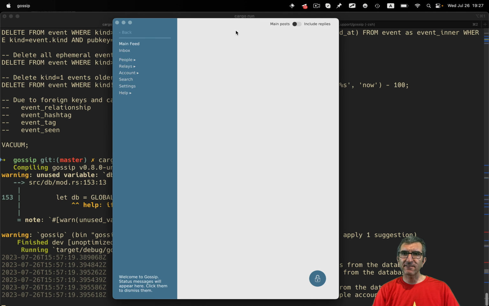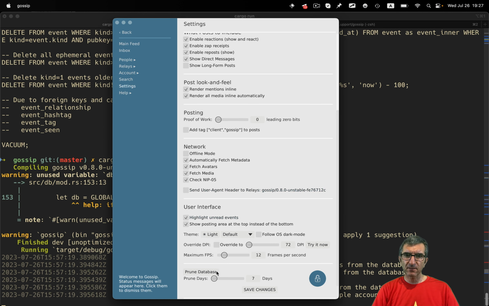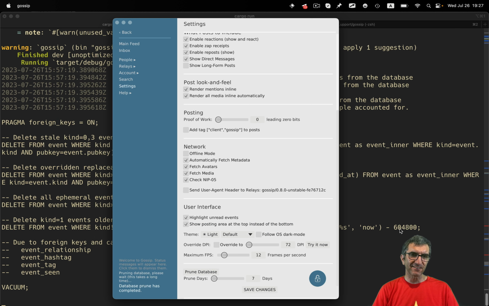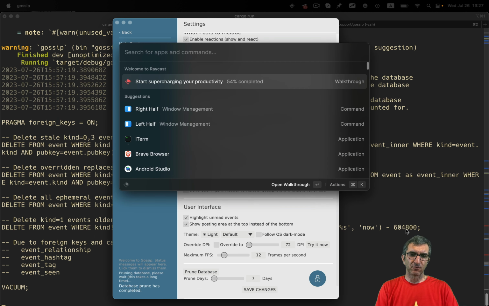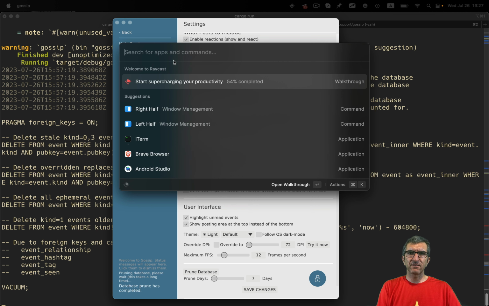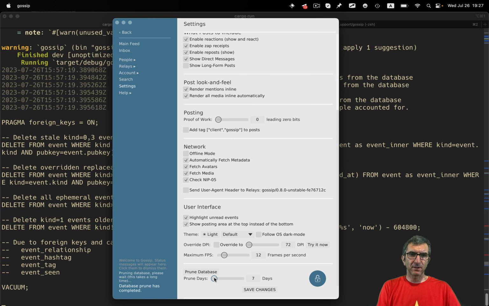So I have this. I will go to the settings, prune database, it's on 7. It says, okay, this is the 7, which is 7, 24, 60, 60. Okay, very nice. So if I go with 70 days, this should be one more 0, right? A little bit difficult, but that is fine.